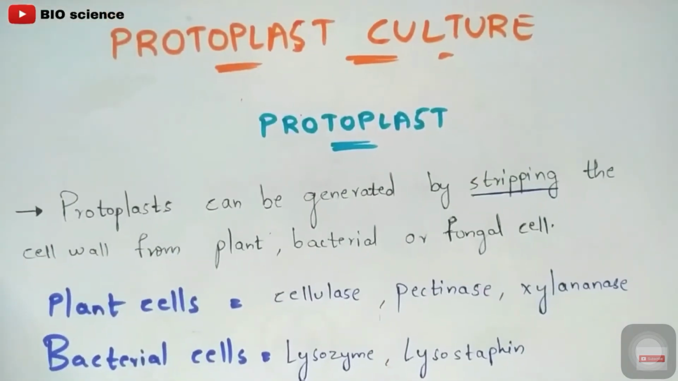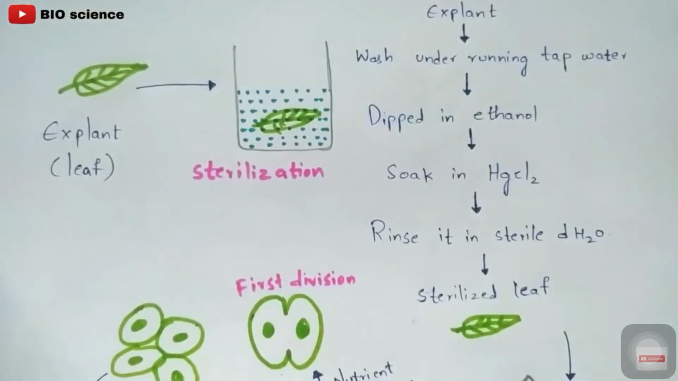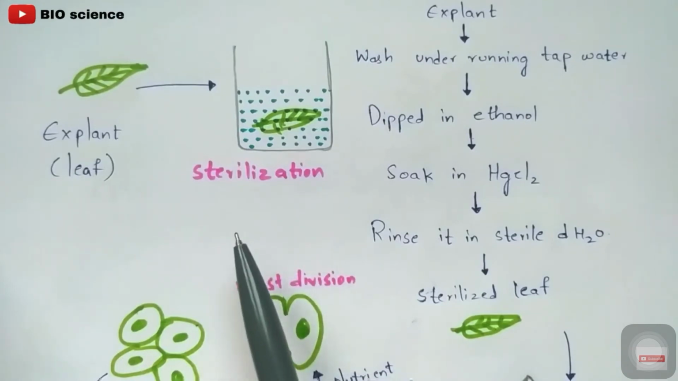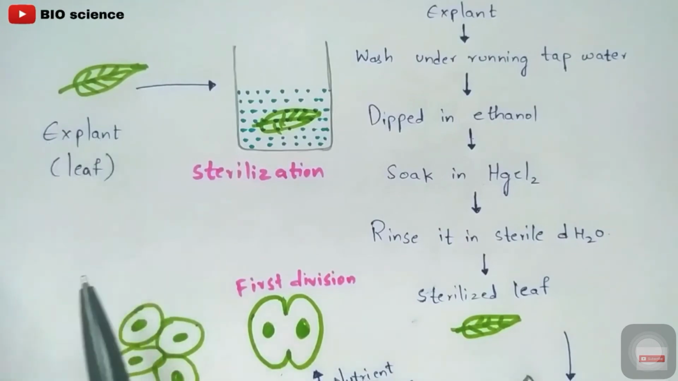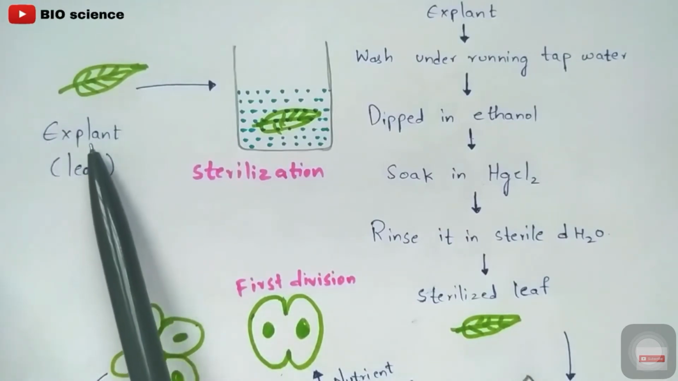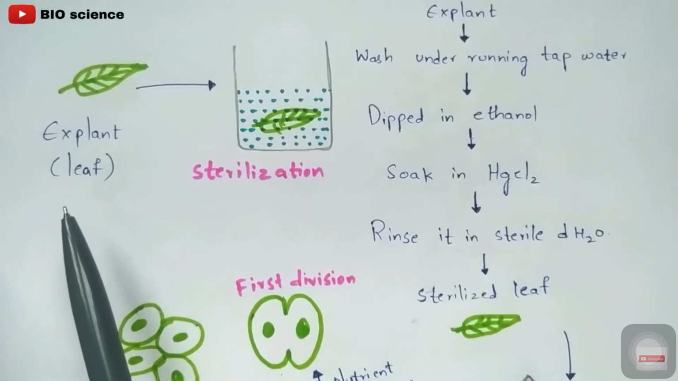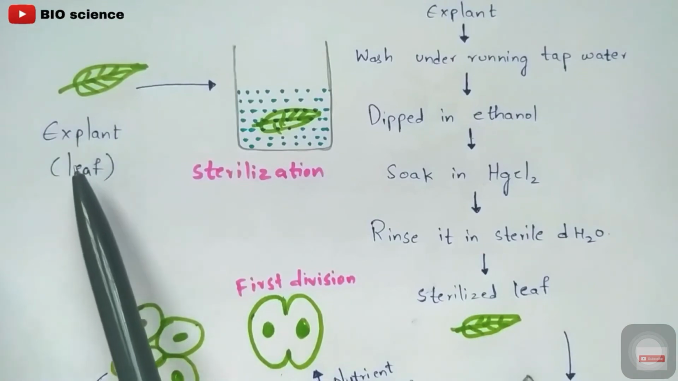And now let us discuss protoplast culture in detail. There is a procedure which is mainly behind this protoplast culture. So understand, okay? It is very easy. Firstly, you are going to select the explant. So what is the explant which you are going to choose? Leaf, because here we are going to perform the experiment called protoplast culture. Protoplasts are obtained from the leaf, hence we are going to take the leaf as an explant